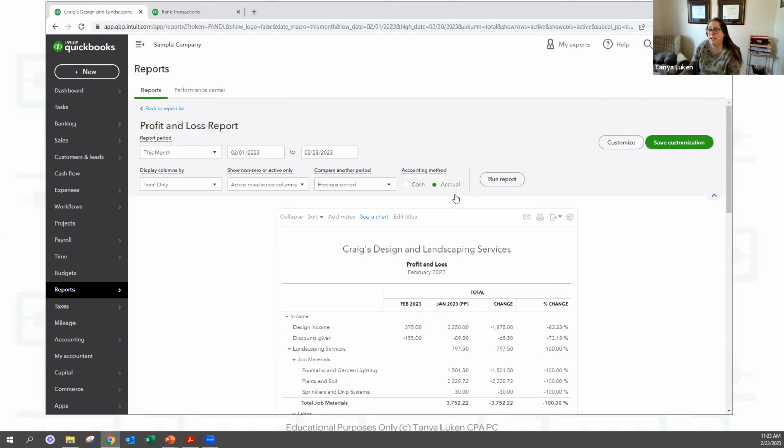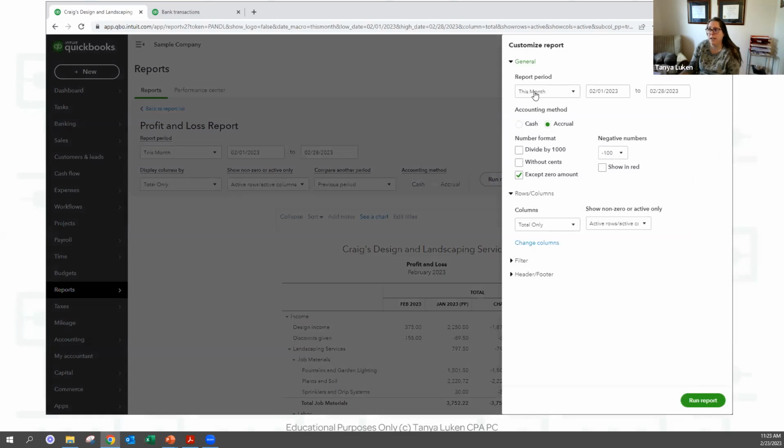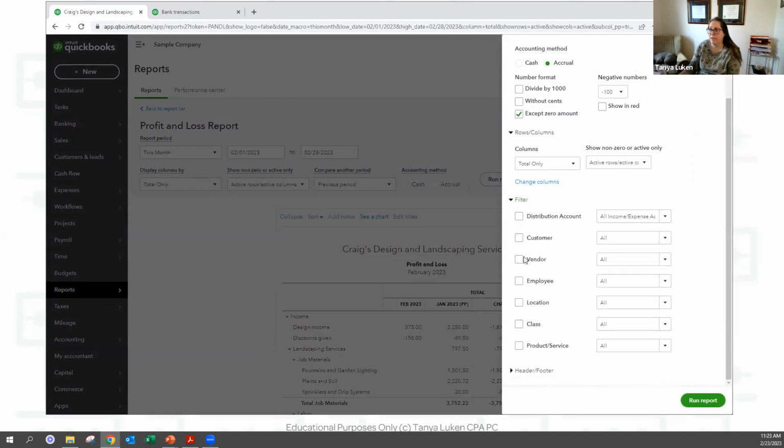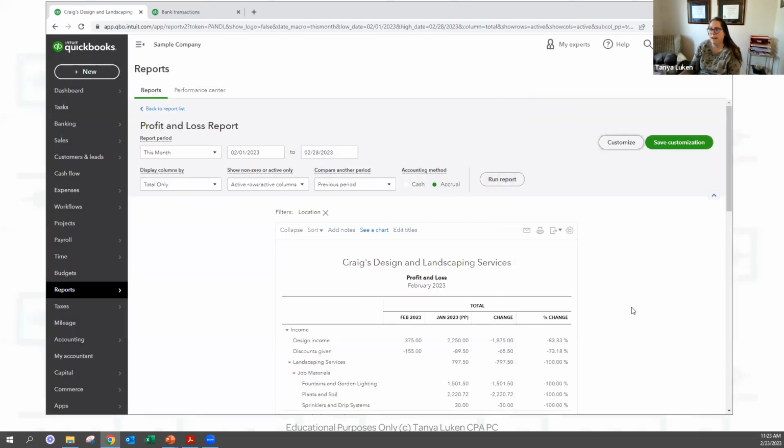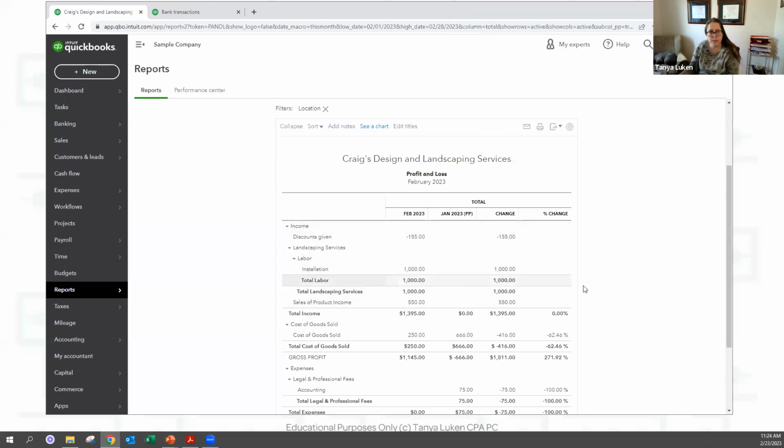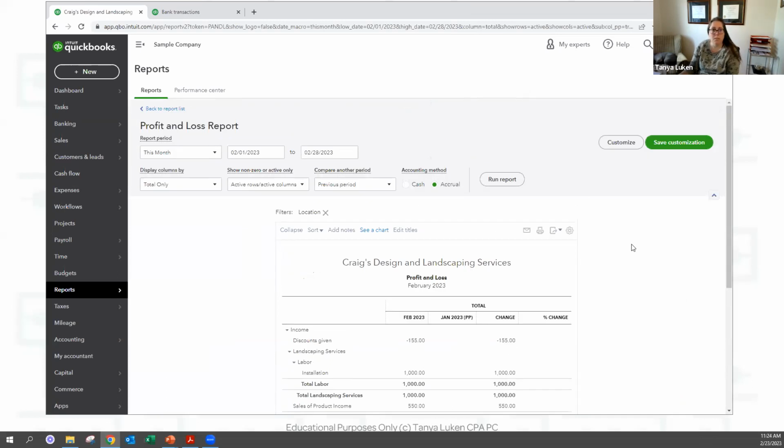Let's say we wanted to do this, but we only wanted to see one location. We could click on this customize button, and these boxes up here are the same as these that were on the screen that are now grayed out behind, but there's a filter here. So if you click filter, you can say, show me the same report, but only for location 1. And then when I run this report, it only shows me that location. So there's some really neat tools that you can build in here.